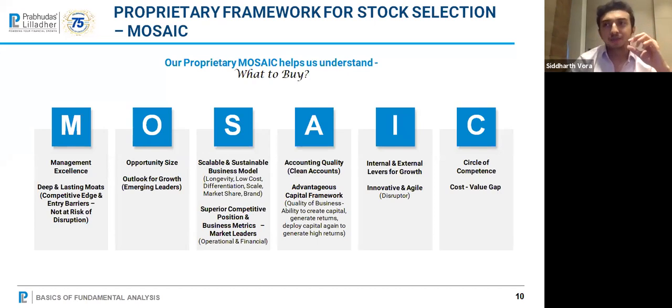Scalable and sustainable means I don't want companies with one-time, large profit, where I'm not able to sustain that kind of one-off. And by scalable, I mean, take DMart. DMart is an example of a scalable model. What did Mr. Damani do? He got the first store right and he ran that store for 3 years. After he cracked the first store at a unit economic profit level, he started scaling up. 5 stores this year, 10 stores next year, 15 stores next year. Now they are upwards of 250 stores.